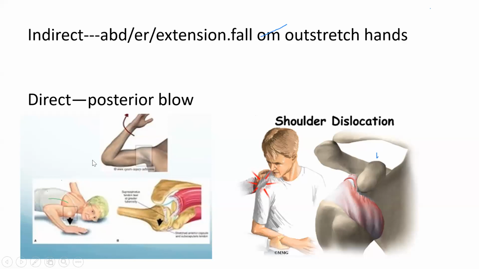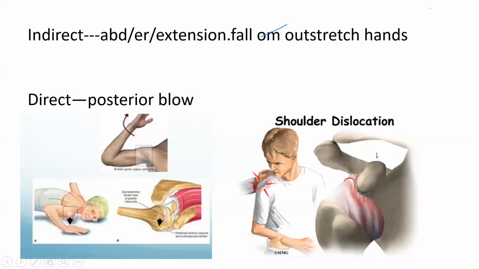So this position is a classical position for anterior dislocation. You yourself do this position. On your right hand, you can do abduction at 90 degrees and start doing external rotation. As soon as you start doing external rotation, you will feel pain on the anterior surface of your shoulder capsule. Okay, that is because the anterior capsule is preventing it from dislocating anteriorly. So this is a classical position for dislocation.